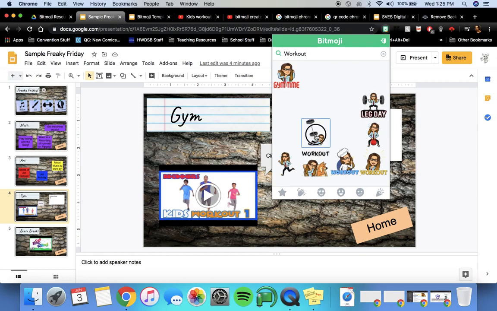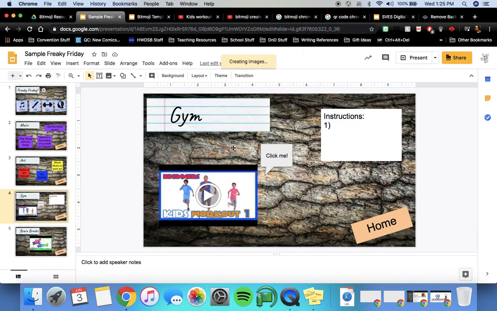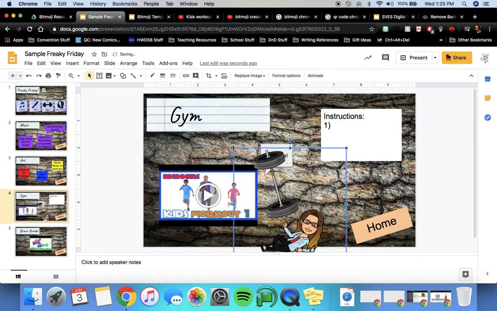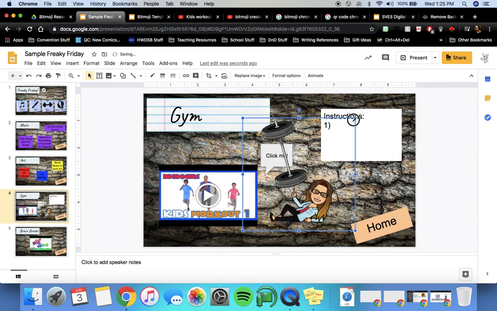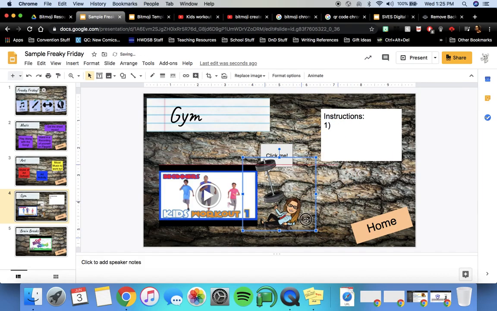Okay, so you're going to click onto your image, and you're going to drag it, and you'll see that little plus sign appear. As soon as I let go, it creates the image, and boom, not only is it in there, and I can resize it and move it around, but it also has a clear background. Okay? So now that that's in there,